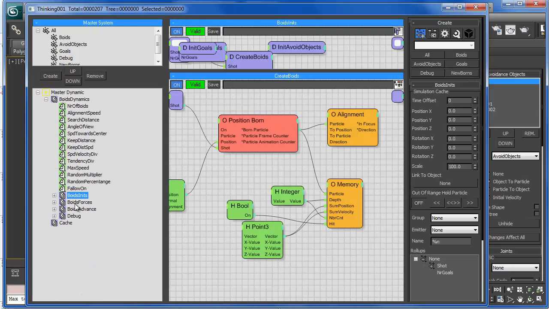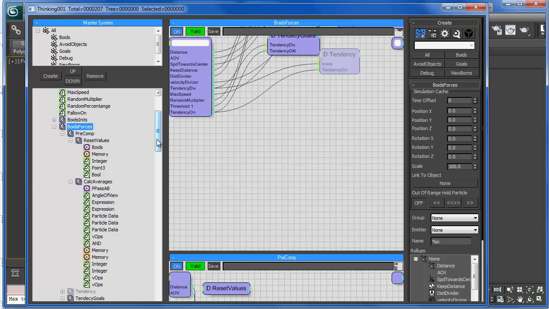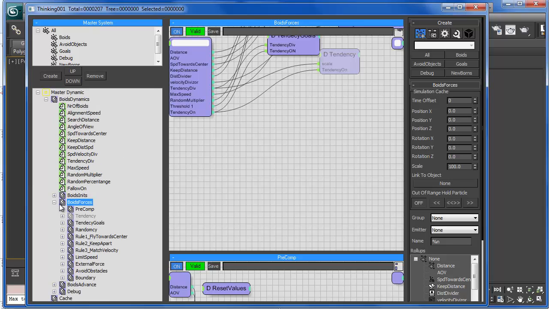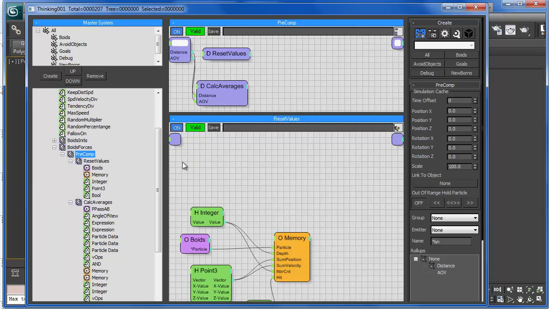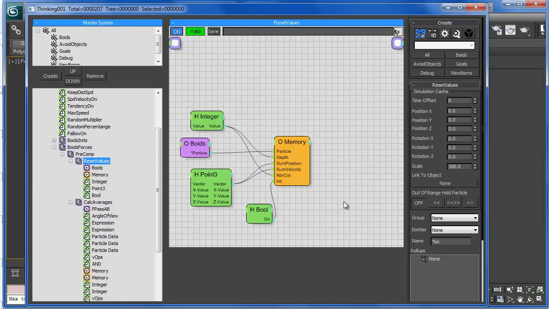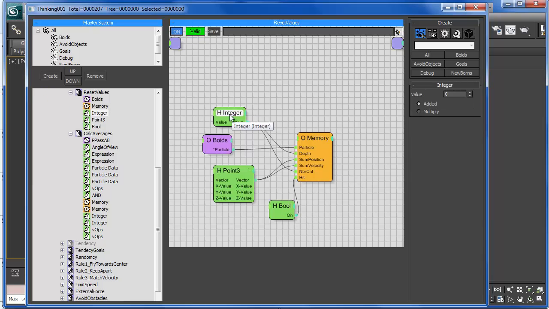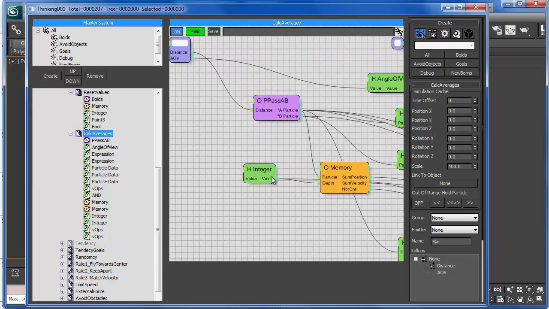So next we have Boid forces. This is where we apply all the forces which they interact with each other. So let's collapse those. First we have a pre-computation. In pre-computation we calculate all the values like average, and so on. First we reset the values all to 0, like sum velocity, sum position, and so on. Next we calculate the averages